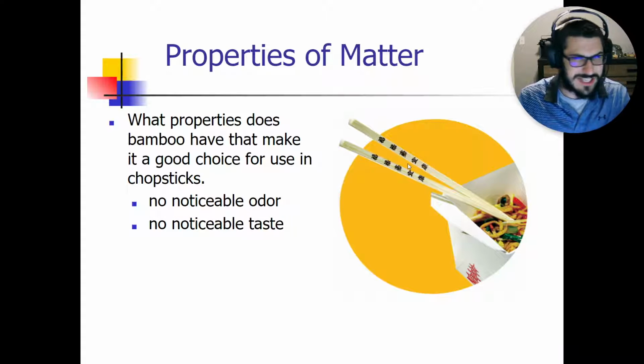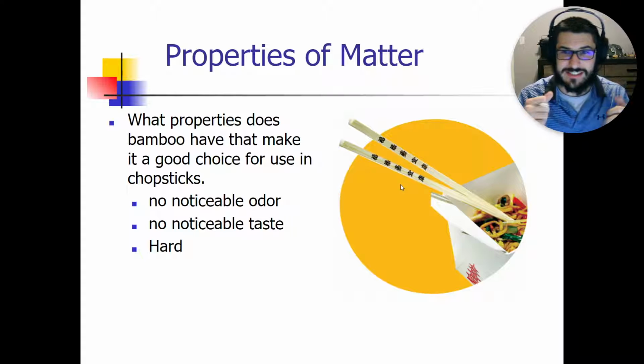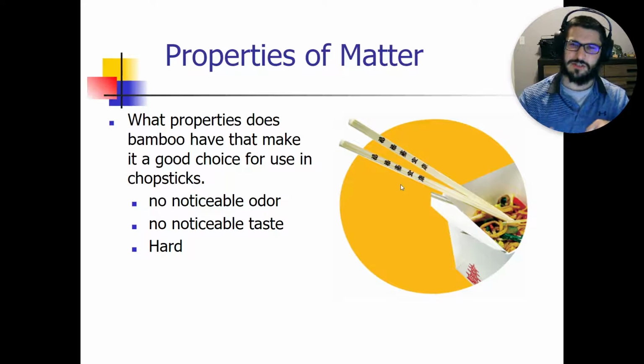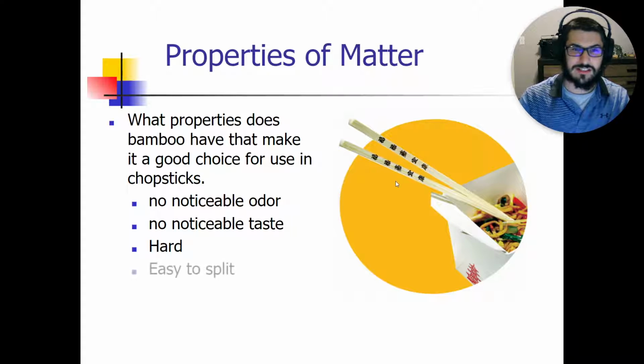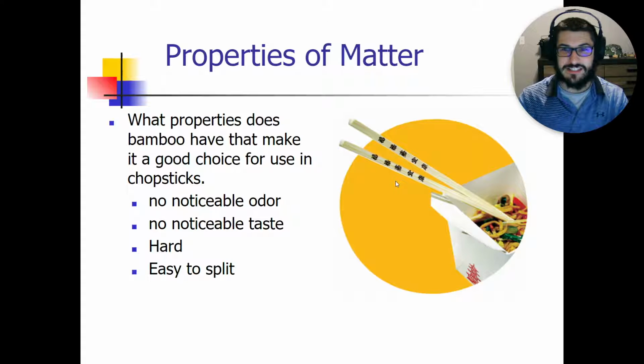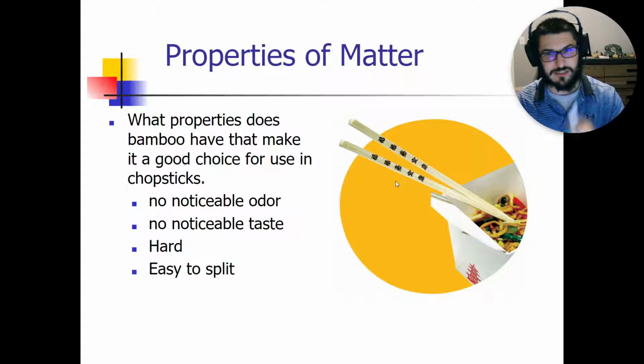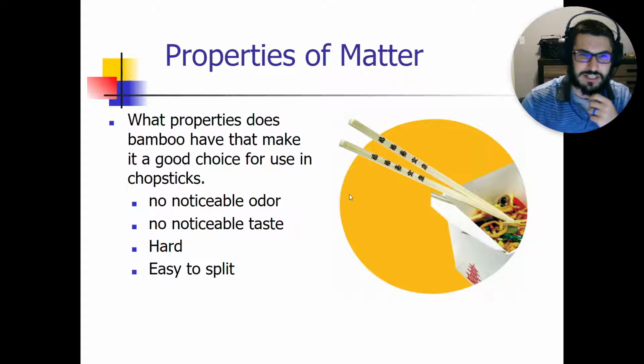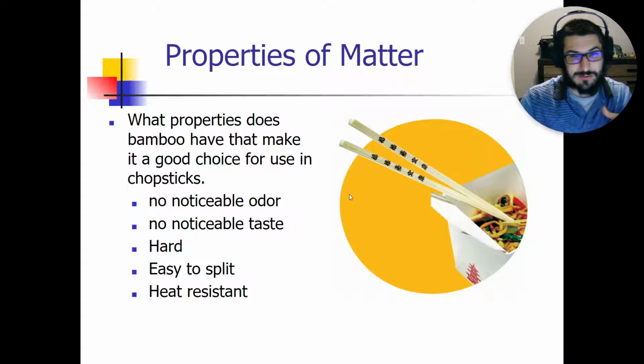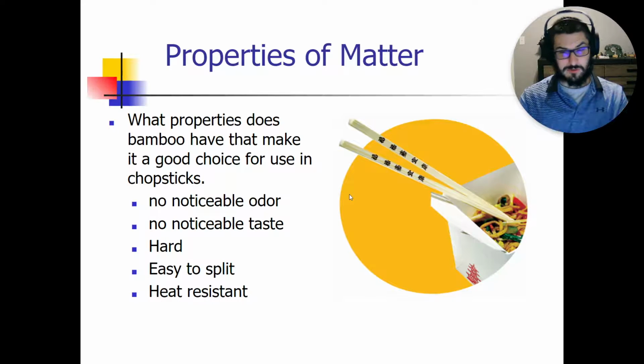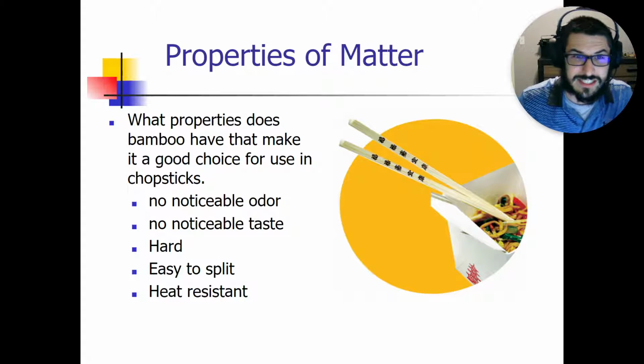So it doesn't really have any taste to it. It's hard, it's rigid, so it's not going to bend whenever you're trying to use it. And then it's easy to split, so it's easy to make into those small chopstick shapes. It also is heat resistant, so if your food is hot, that's something that you'd want to have a property